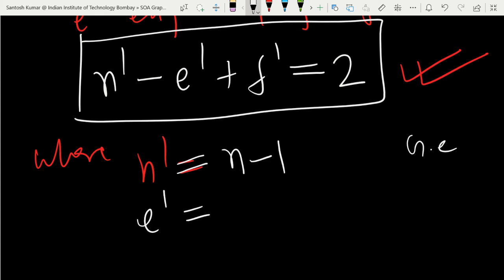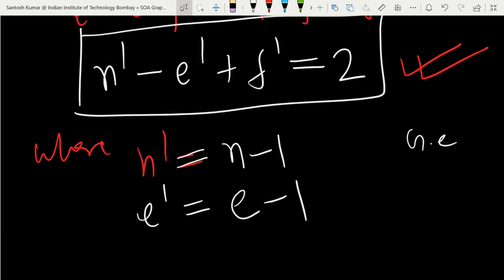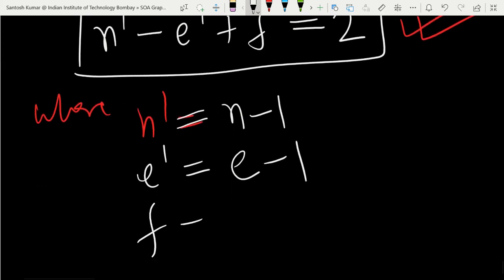How many edges will you have compared to the e edges? e minus 1. Compared to the edges, one edge you will lose. In the coloring of graph we were ignoring multiple edges and loops for G dot e, because they didn't change the number of ways of coloring. But here you have to keep them. We are not doing coloring here, we are counting the number of edges. So it will be just one less. You do contraction of one edge, so you shrink that edge. One edge is reduced, one vertex also reduced. Come to the F.